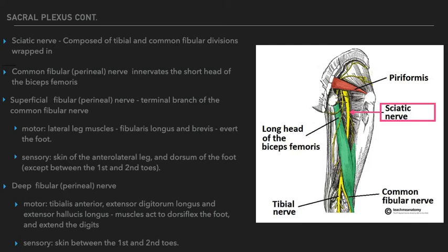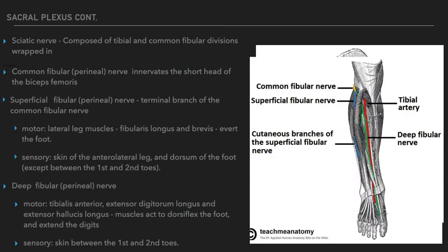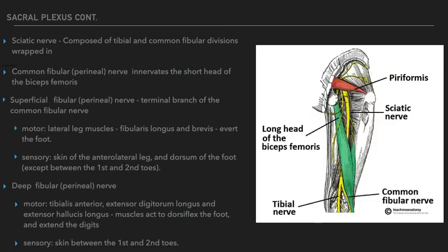When the sciatic nerve reaches the apex of the popliteal fossa, you can kind of make out that area in this image, it bifurcates into the tibial and common fibular nerve. So what I'm going to do now is talk about the common fibular nerve. So there's the tibial and there's the common fibular nerve that are branching off that sciatic nerve. All right. So the common fibular nerve, which I've already discussed,